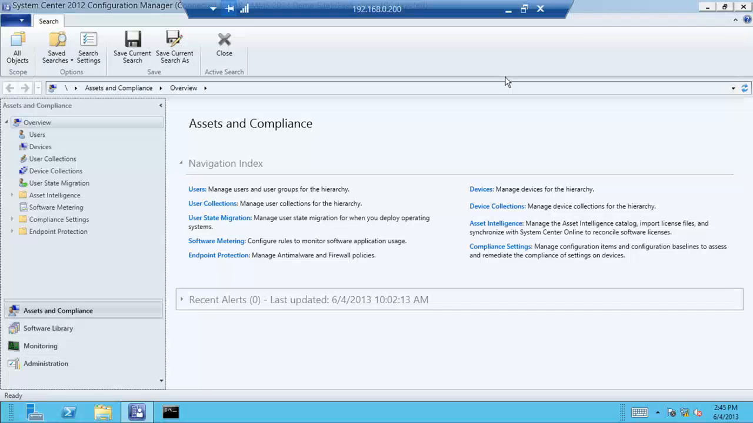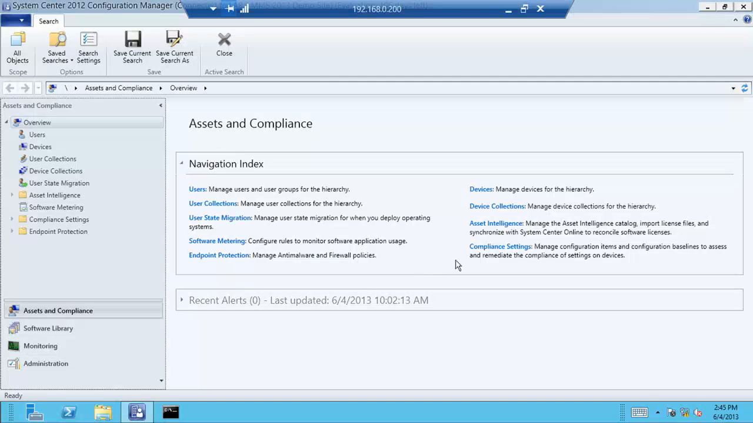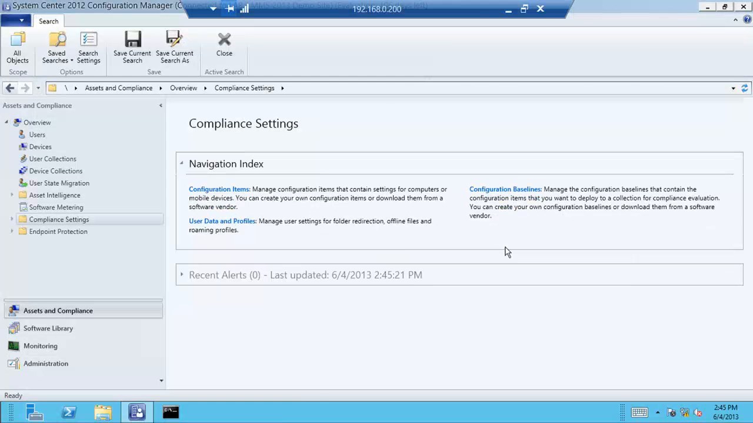Okay. So what we've got here is the Configuration Manager 2012 SP1 admin console opened up. I'm in the Assets and Compliance node. We click over here to Compliance Settings. You'll notice there's now a User Data and Profiles configuration item. This is new with Configuration Manager 2012 SP1. If we drill down a little further,